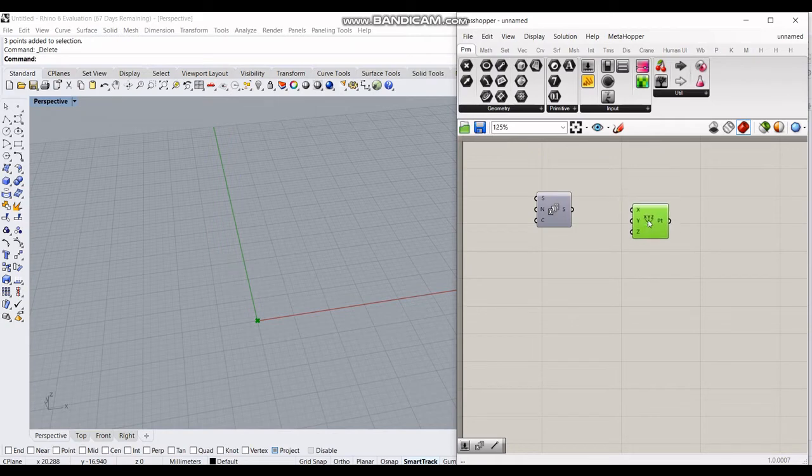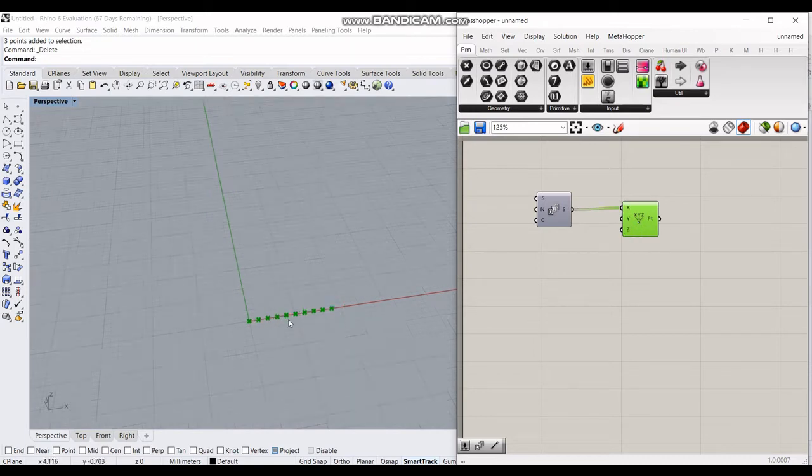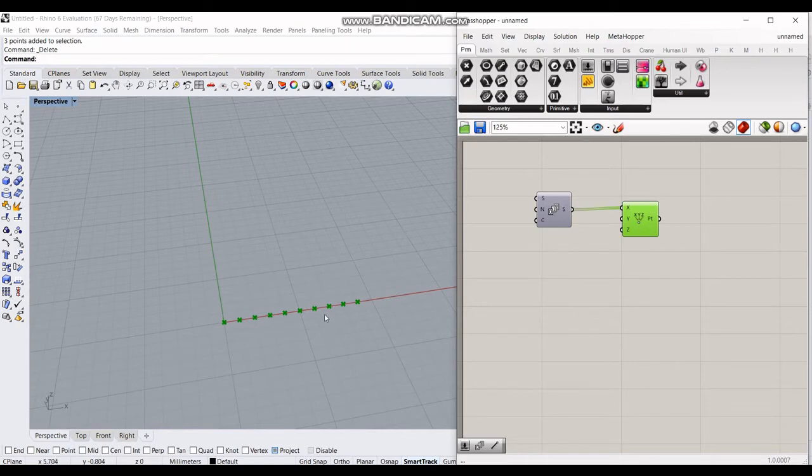If you type xyz, you will get something called Construct Point. This is a component which accepts three parameters as its input. For example, let us give this series to the x parameter. Here you can clearly see there are 10 points which are initialized as 0, 1, 2, 3, 4, 5, 6, 7, 8, 9, and by default y and z are initialized with 0. This is how we get 10 points without manually initializing each and every point.